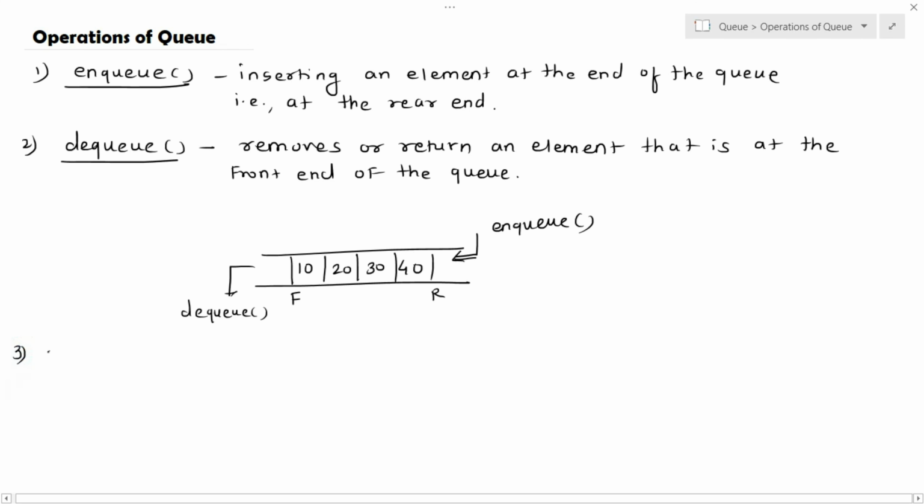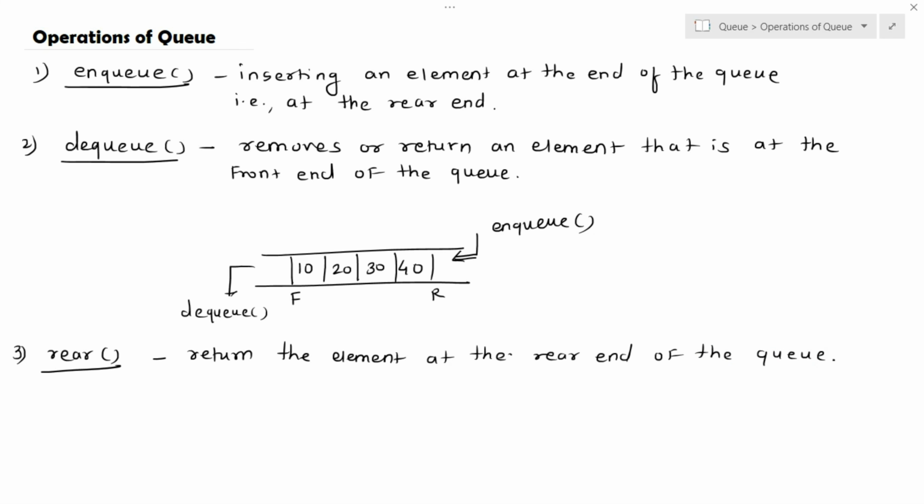Now let's see the third operation of the queue, and that is rear. So rear is a pointer which points to the last element of the queue. So this operation returns the element at the rear end without removing it. So it returns the element at the rear end of the queue. There are two ends of the queue, front and rear. So rear returns the element at the rear end of the queue,